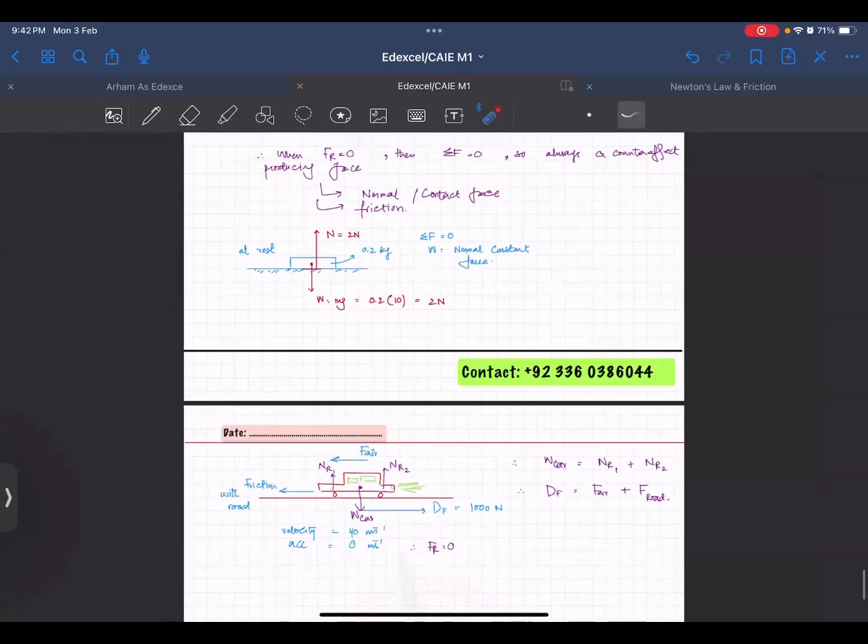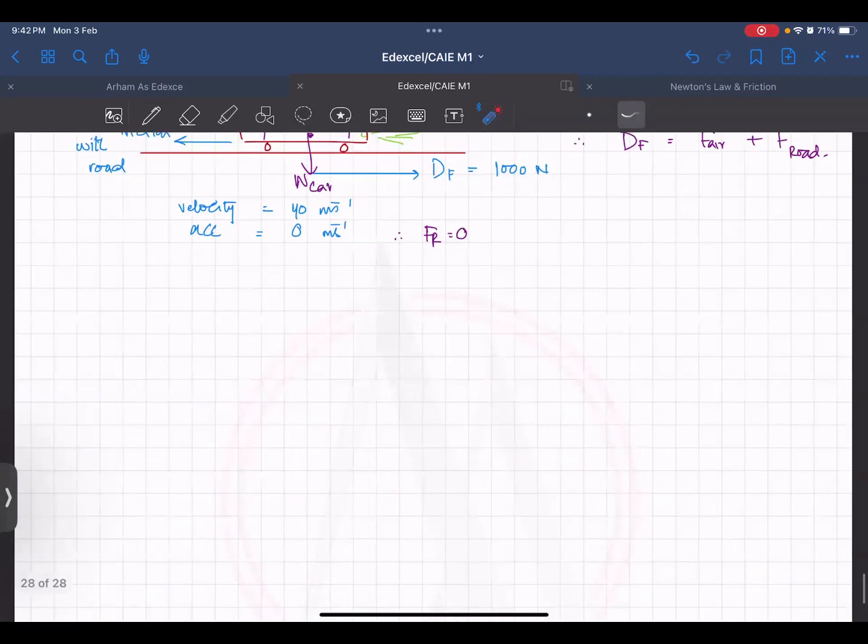Okay, so now we know about the normal contact force and the friction force. These are just reaction forces which are also present. Normal contact force, friction force. Now moving on to how the questions come in and how we work things around here. For example,